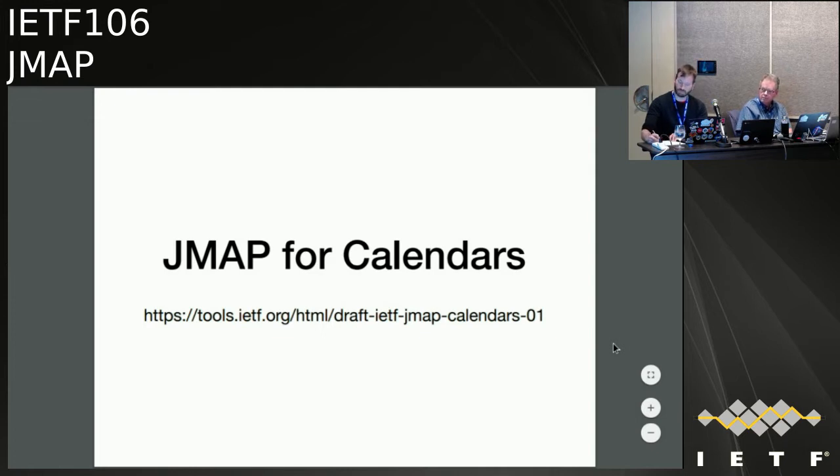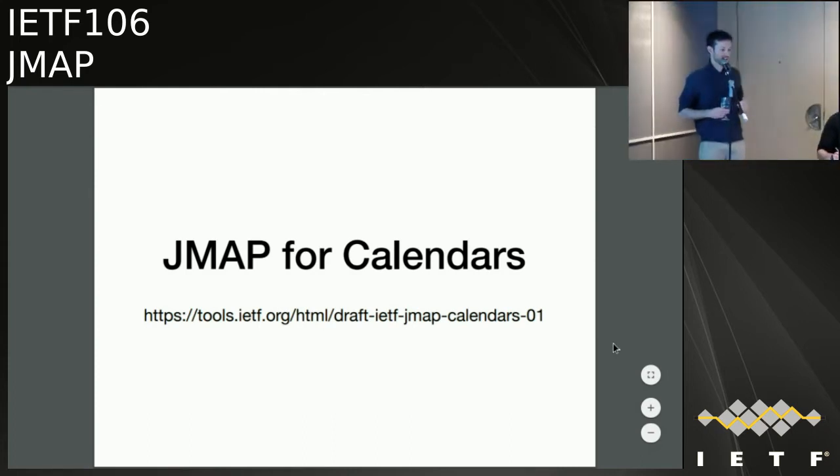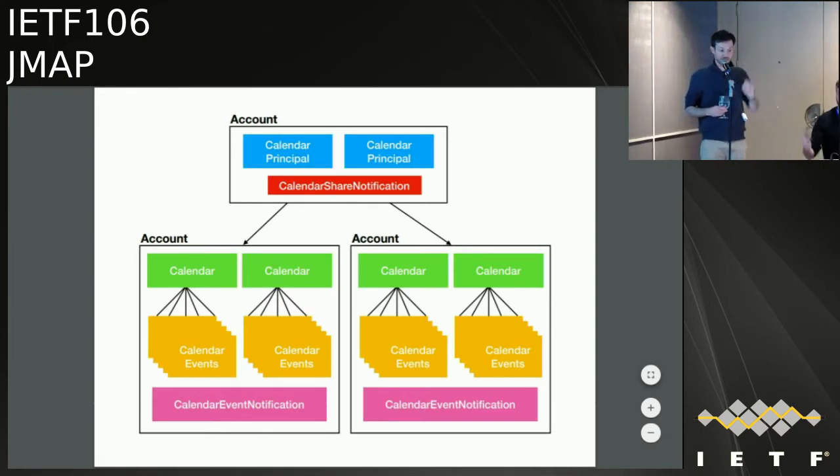There are a few open issues though, or interesting edge cases I thought we'd talk about today. If we can go on to the next slide. Just before that, I thought I'd give a brief description of the data model and the slight changes from last time. Anyone with a really good memory will have seen a slide similar to this at the last IETF, but there are some more things in it now, in particular notification things. So there's this calendar share notification object data type and the calendar event notification data type.